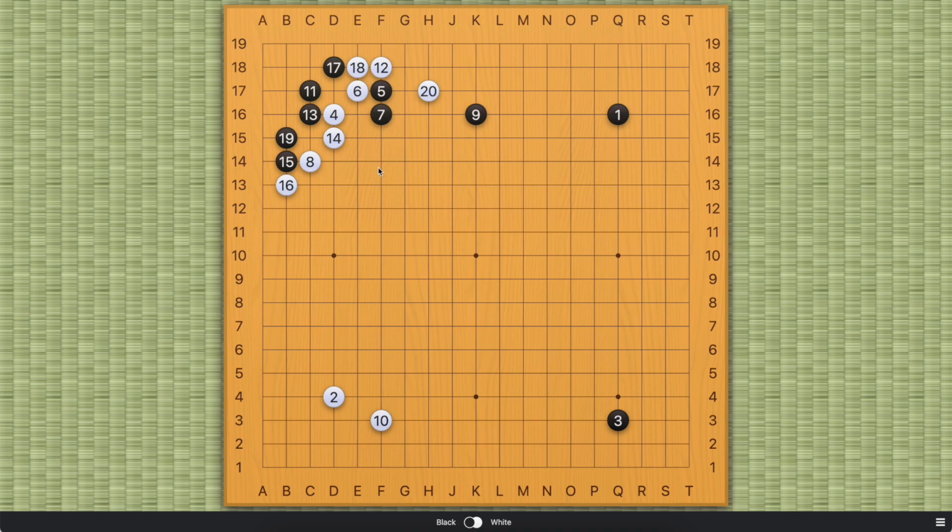But according to AI and professional players, this is better for white because white is pretty solid, all connected, and black's weaknesses here on the upper side are exposed. So that's what really number 12 is all about, right? Even if black plays here, white can still just connect, right? This way,